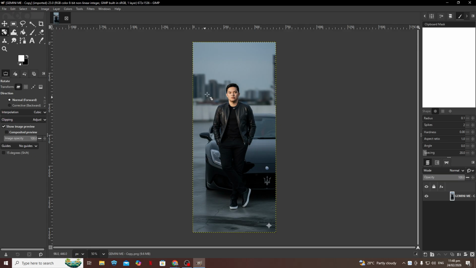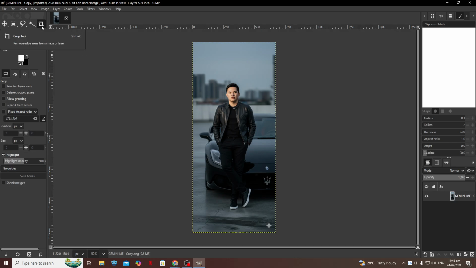You can use tools like the Fuzzy Select, the Free Select, or the Paths tool, depending on how complex your shape is and how precise you need to be. Take your time with this part. A clean selection is the foundation of a clean outline. If you already have a transparent background around your subject, you can also use Select by Color to quickly grab